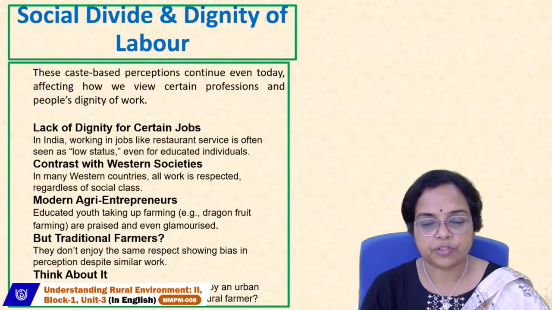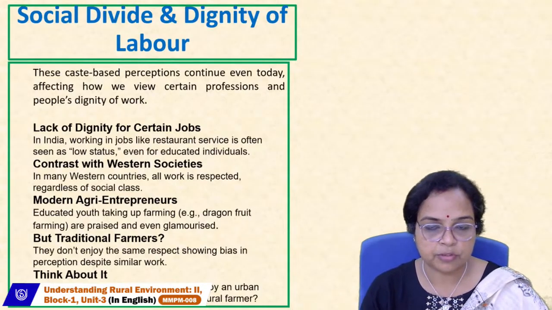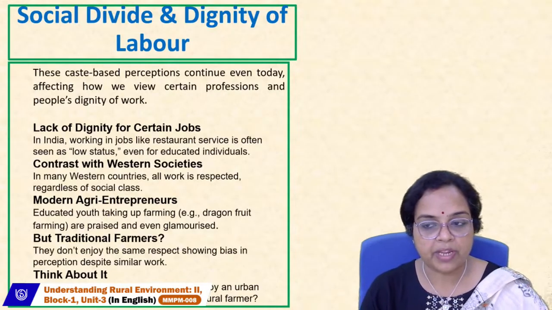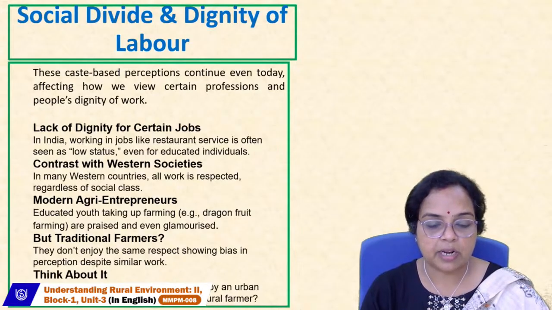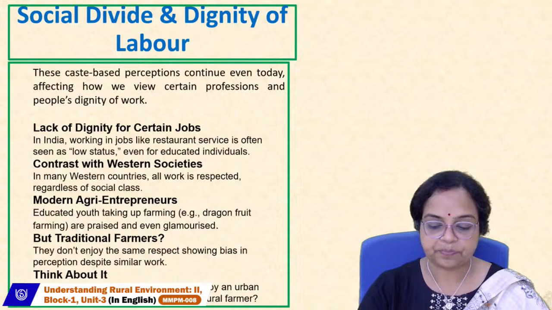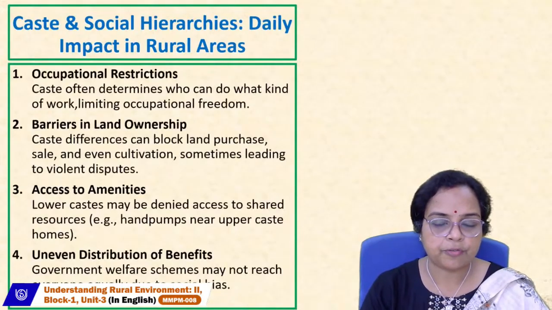They're doing the same job function. Agriculture, both are doing. One is into dragon fruit farming, another is into wheat and grain farming. Why is the thinking process different for them? The society is admiring the dragon fruit farmer, but the society is not valuing rightly the farmer who is cultivating wheat and grain. So this is contributing towards the social life of individuals of the rural belt.